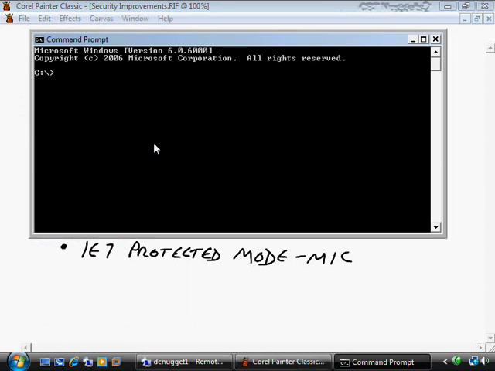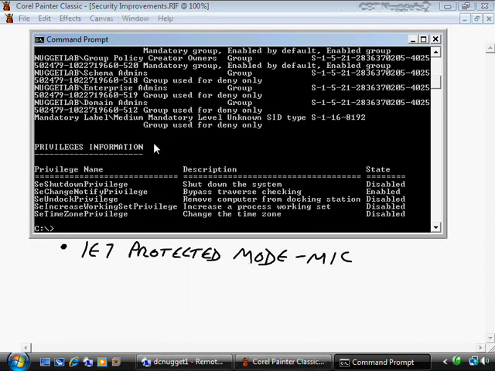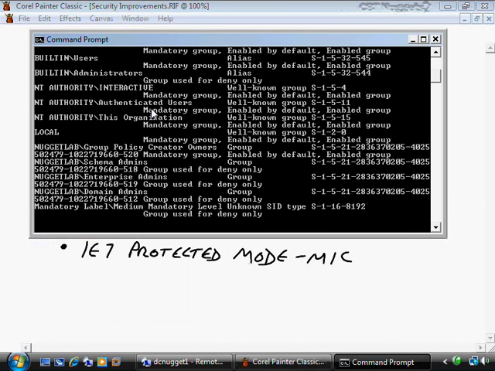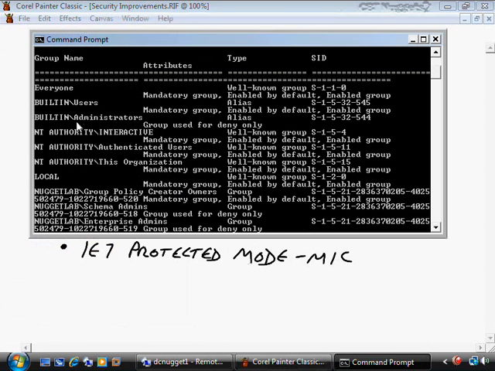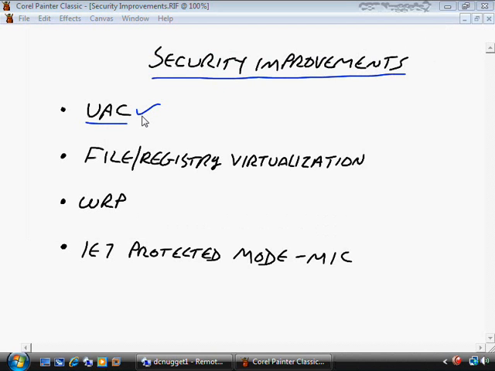we'll see that if I do a whoami /all, it indicates that I'm a member of a lot of administrative functions. So for example, there's the domain admin security group, but the main thing here is I'm a member of the built-in administrators security group. So in this case, I have pretty much full access to this entire machine. Okay. However, nevertheless, when I am logged on and just operating in a normal function,